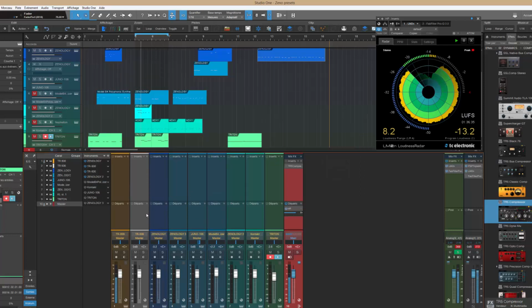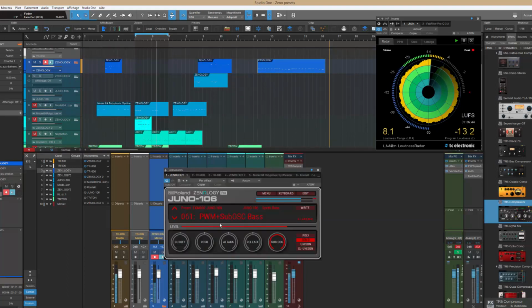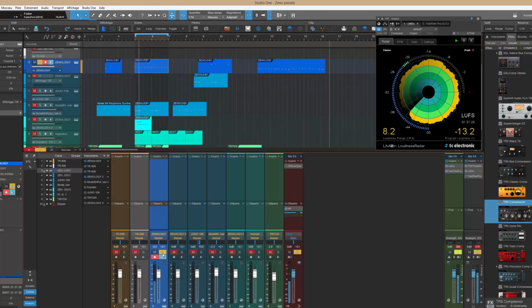Now we're gonna try it on the bass in your face. Give me a fucking bass though. Okay, regular bass, Juno type of bass, no effects on it. Okay, I bypass the effects. We're gonna do it like, okay, just like a regular bass. Okay, you see that? You hear the rumble. First, let me solo it. Okay, listen to what I hear. It's really warm and round, but you don't have a lot of impact, right? So this is a perfect job for the